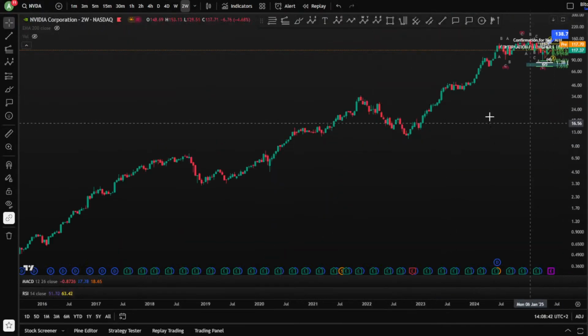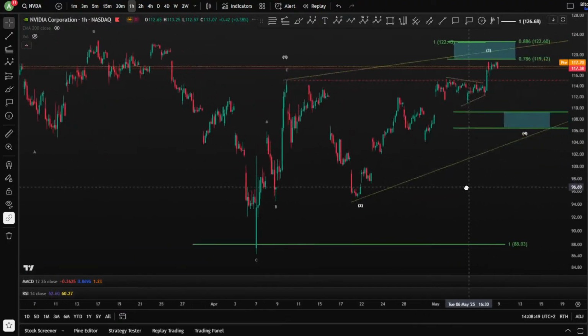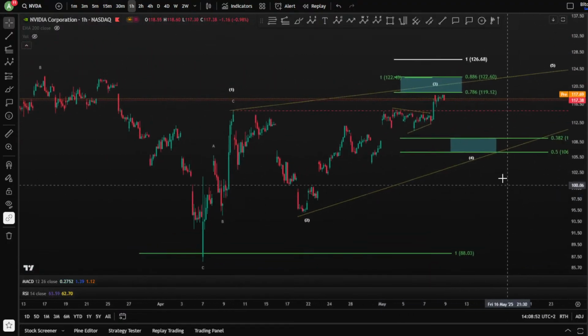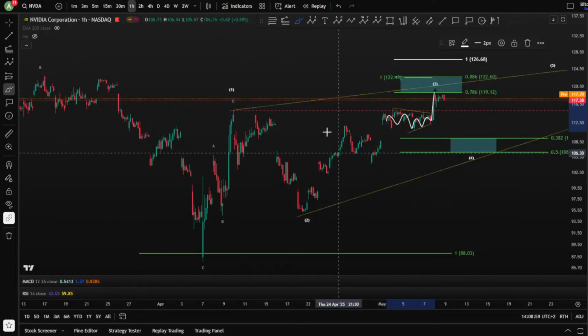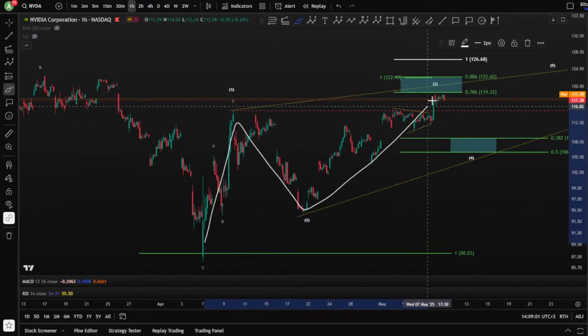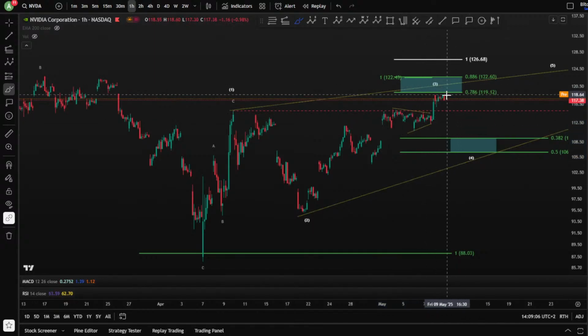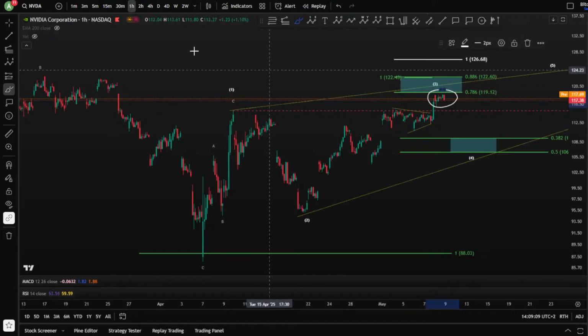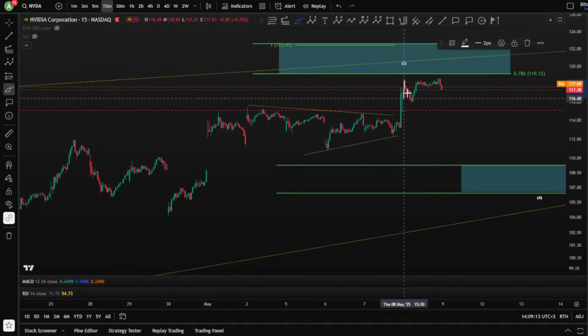Okay, so let's see with Nvidia what's going on the 1 hour chart. Okay, Nvidia still moving for higher. We saw a pump yesterday, and that is expected after, of course, a triangle explosion. We are in 1, 2, and then 3, wave 3, 1, 2, 3, 4, and a 5. Finish wave 3, perfect. And potentially you still have one more leg toward the upside, yes, because you have 3 waves down, 3 waves up, expanding flat.